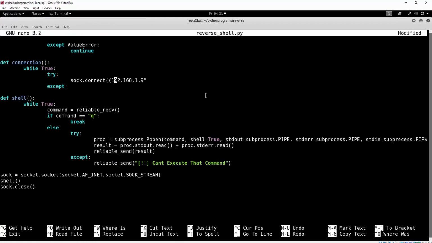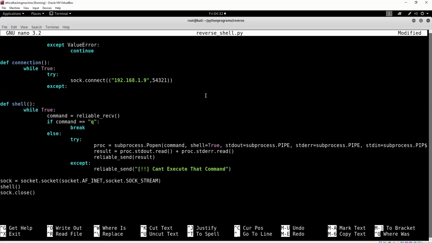We need to put this under the double quotes, and we need to specify a port, the same port from our server, the same port that we're listening on, so 54321. We close the brackets, and this is basically it for the connection. We want to type in the try and except rule. And after that, for the except, we basically want to call our connection function